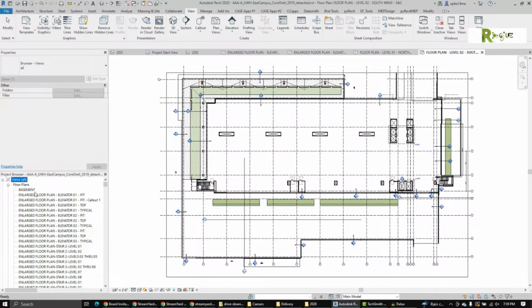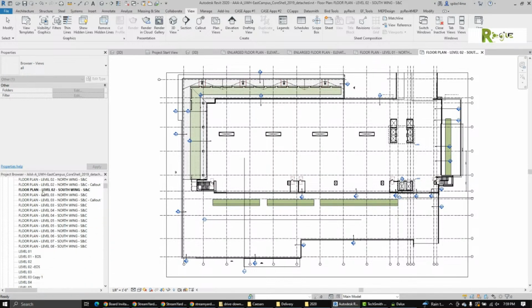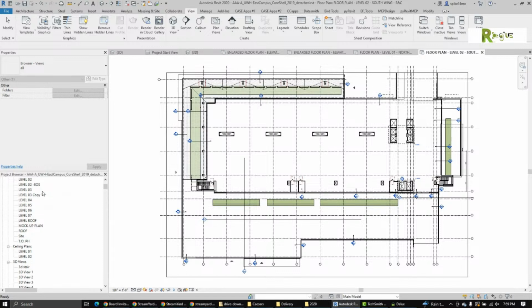I do not think these people had a strong grasp on how to organize their views. Have you ever worked on a job where there are this many views and they're all discombobulated? Granted, that's why they tried to write that filter, and if you took some time to learn that filter... now, they didn't even do ceiling plans. So this was probably early enough in the project that those options were still there, but they should have deleted the other options and cleaned all that stuff up, taken all of that information out,